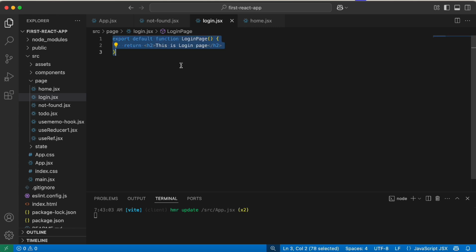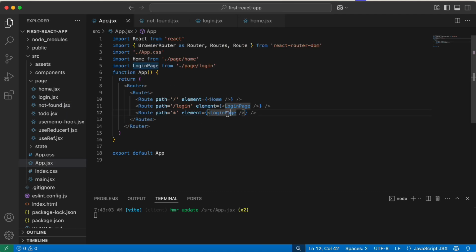I'm just going to copy what we have here, change this to NotFound, and say 404 page, right? If I go over to my app.jsx and I import that NotFound component,